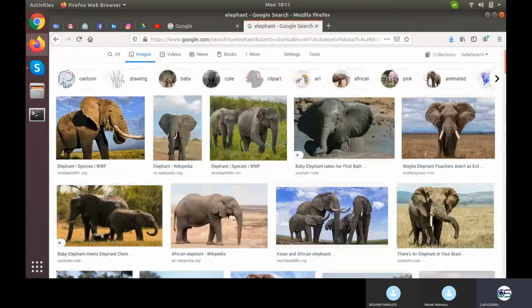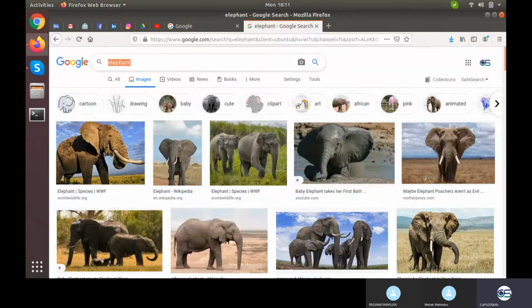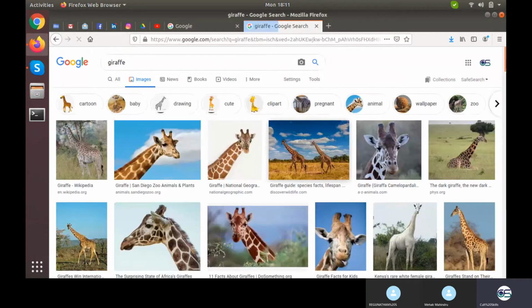4 images of elephant. Let's take one more. Giraffe.